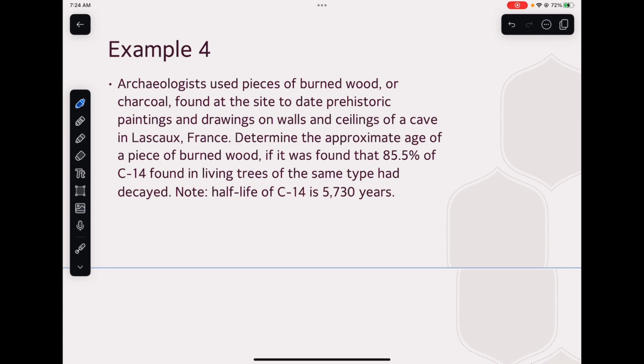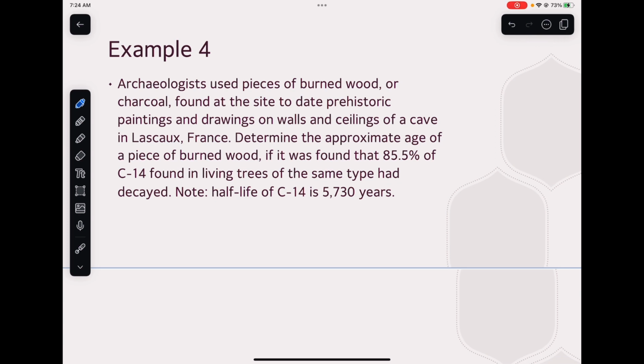The painting that they use there uses pieces of burned wood or charcoal, which has a carbon content. And they extract a sample of burned wood or charcoal,